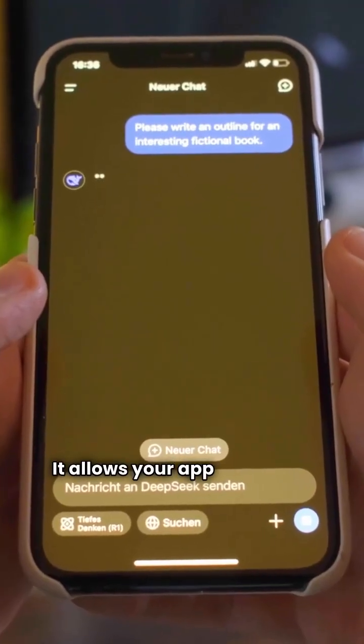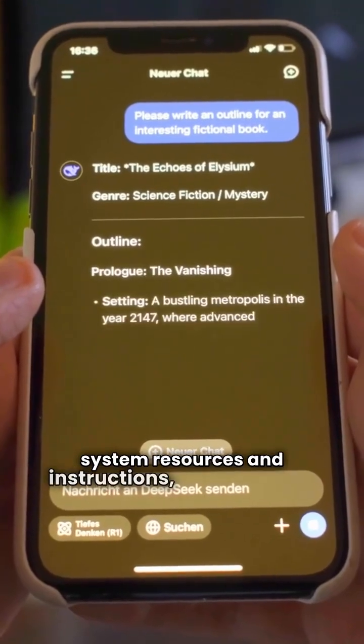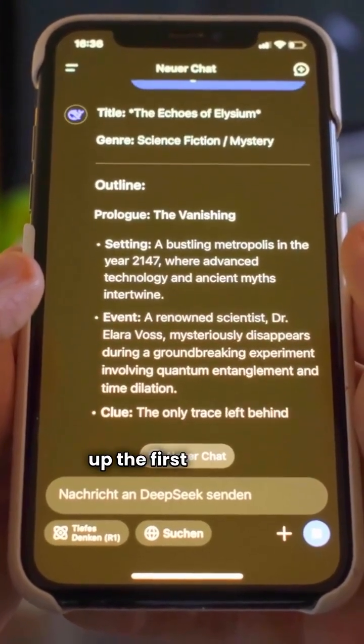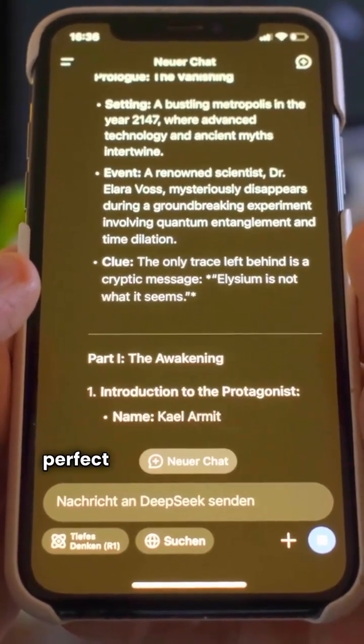Now onto the Foundation Models framework, which powers Apple Intelligence. This update brings a major new method, prewarm. It allows your app to preload system resources and instructions, which speeds up the first response generation dramatically, perfect for